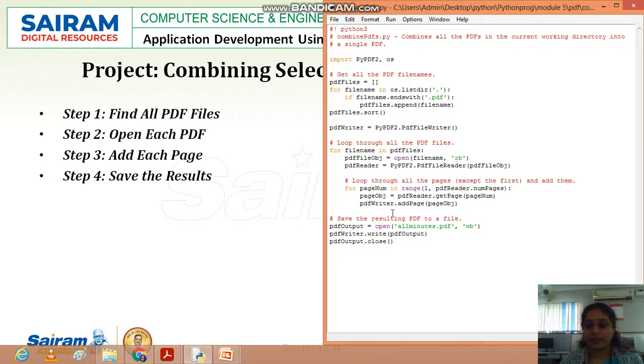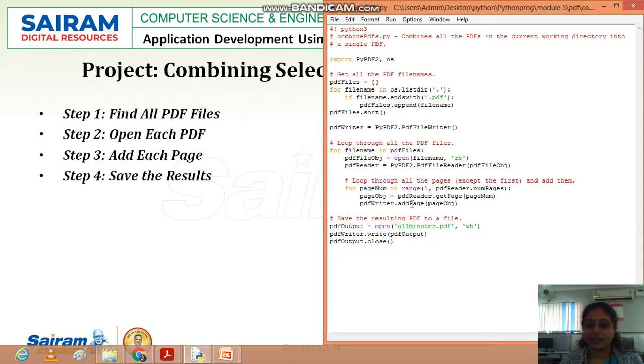With the help of the page object, pdfWriter.addPage will add the page object to the new PDF. So whatever pages are added to the new PDF will be saved in a new file by creating a PDF output, opening a new PDF file in write mode.